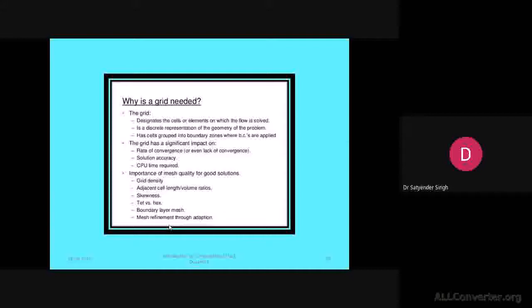Okay, this is the understanding from the physics side. From the mathematical side, for each control volume you have to solve one governing equation, and that gives you, as per the number of grids you have in a computational domain, that many algebraic equations. So that has to be finally solved by using some iterative solution. So grid also provides one platform where you can understand your physical problem as well as your computational problem, both from physical understanding as well as from mathematical understanding.